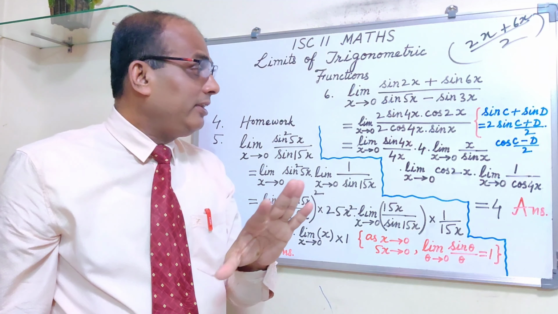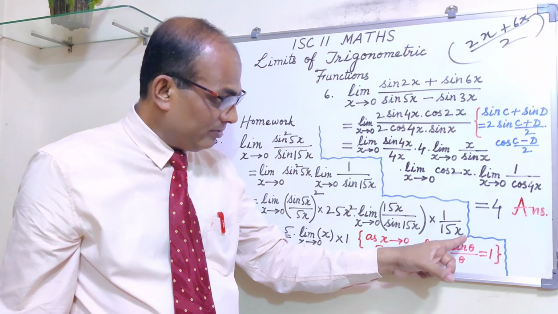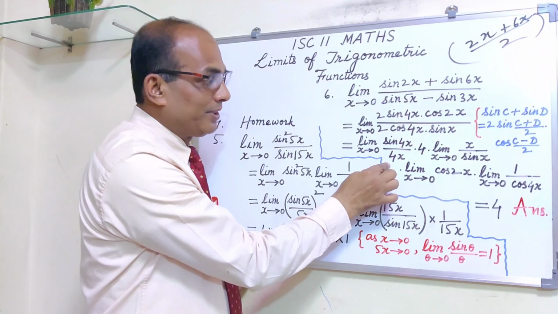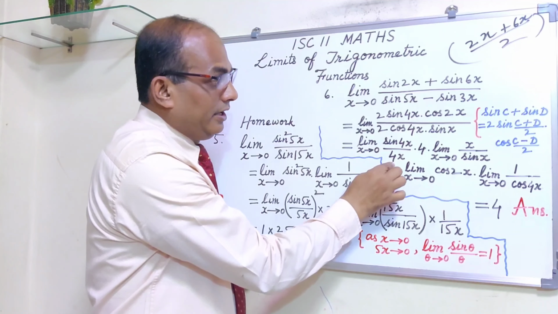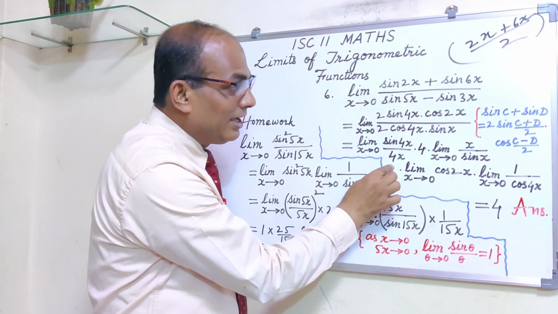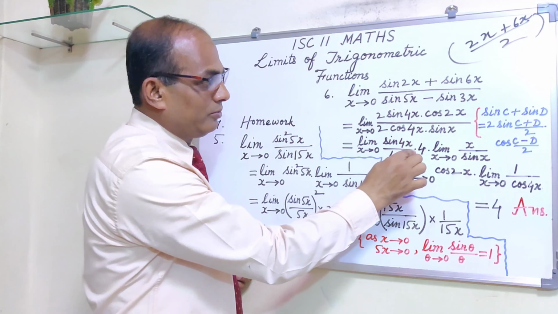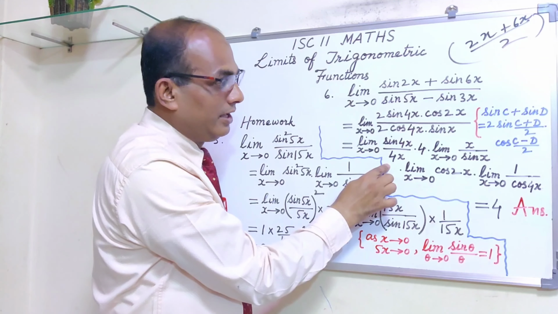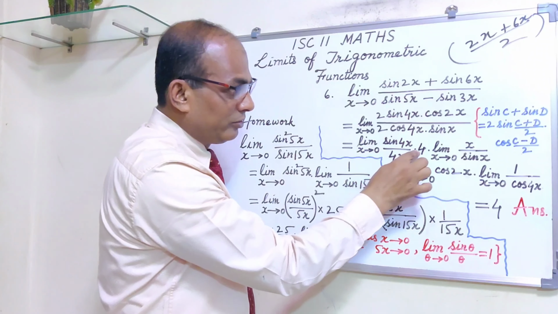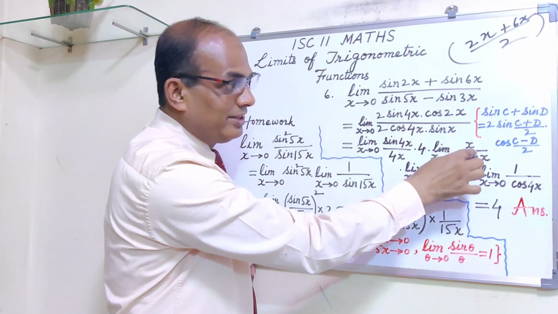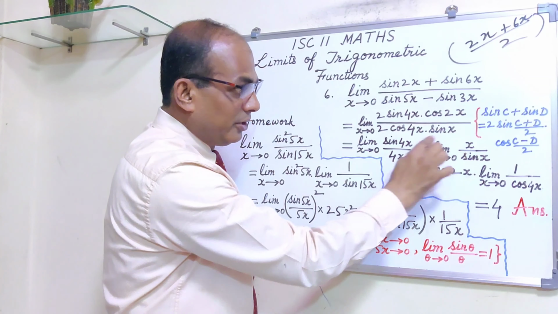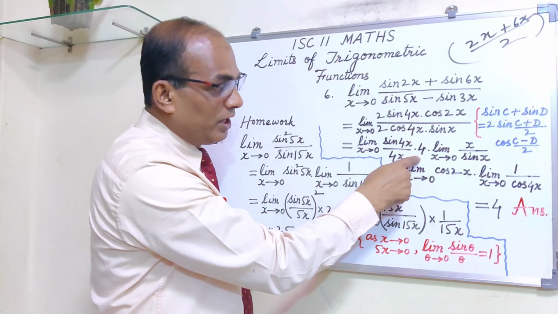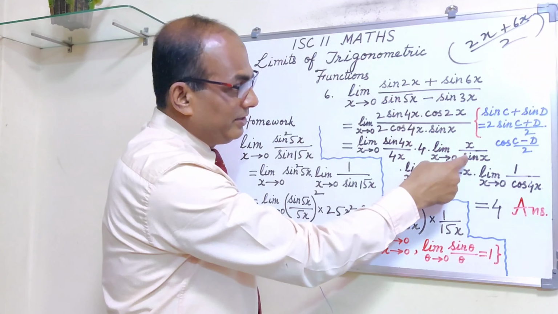Sin 4x. Now we would like to convert sin 4x into the form sin theta upon theta. So sin 4x, and we are writing 4x, this extra 4x. So sin theta upon theta, but this extra 4 we are balancing like this: 4 we are writing here and x we are writing here, 4x in the numerator, 4x in the denominator. This x goes with sin x because theta upon sin theta is also 1. The value remains unchanged. Now this sin theta upon theta, 4 outside, and this becomes x upon sin x.